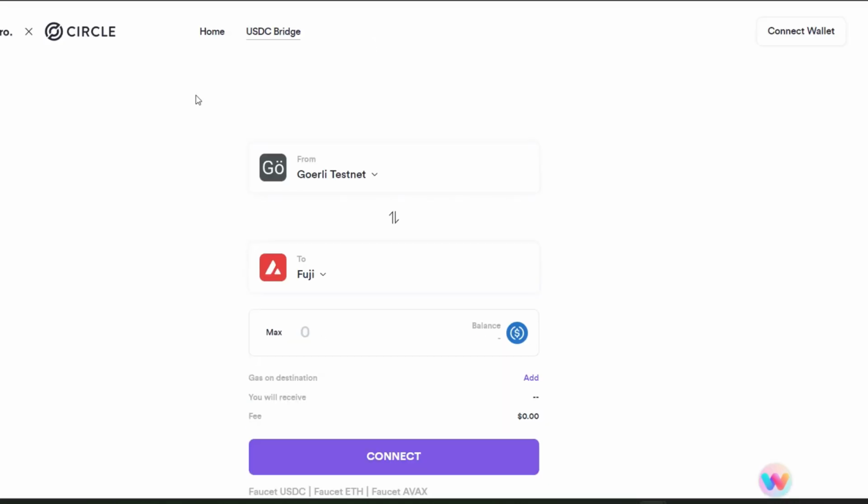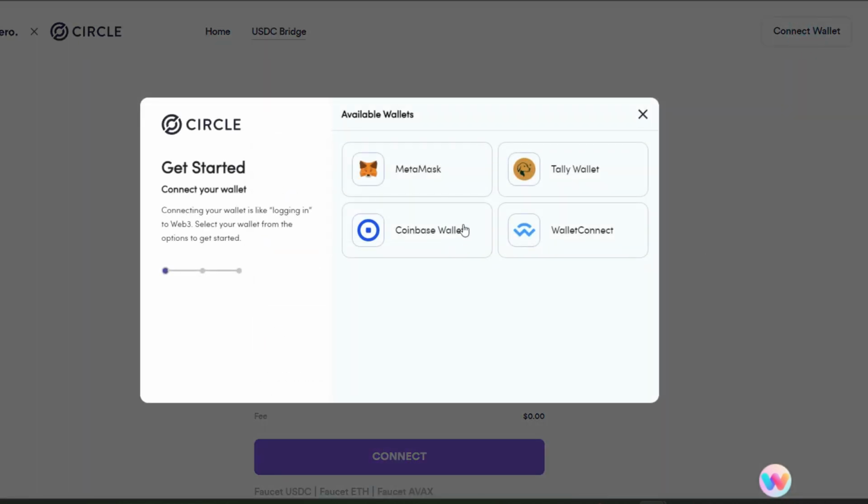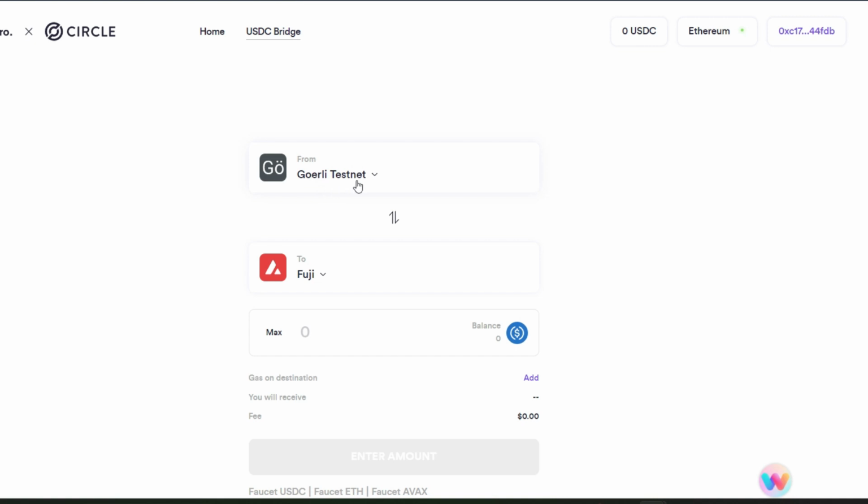This is the testnet bridge for LayerZero USDC. It is called USDC demo.layerzero.network. This one, you don't need to use real funds. It is testnet, and I'll show you how to get the test tokens. But first, let's connect our wallets. We need USDC in our GoETH testnet and our Avalanche Fuji testnet. Where do we get these test tokens? We head straight to